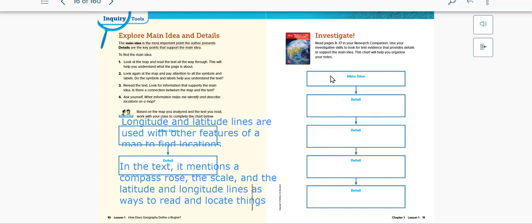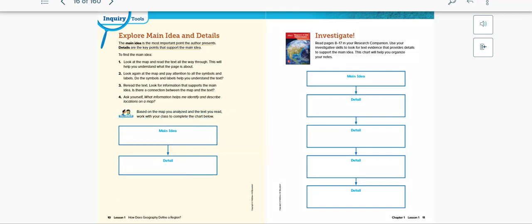So we're going to go ahead and go through our text and read through it and use this area as a way to keep track of your notes. I'm going to go ahead and clear this off so that way I can get started on our textbook. So again, this is our textbook. We're going to go ahead and open up